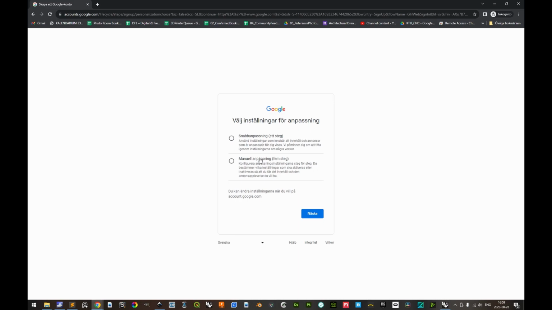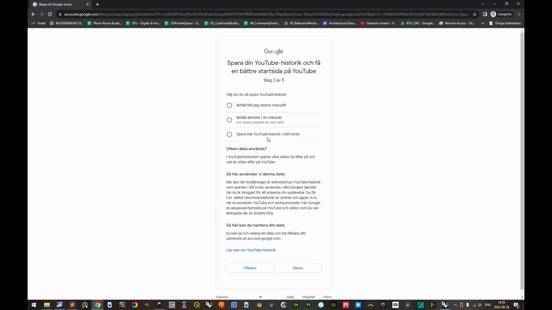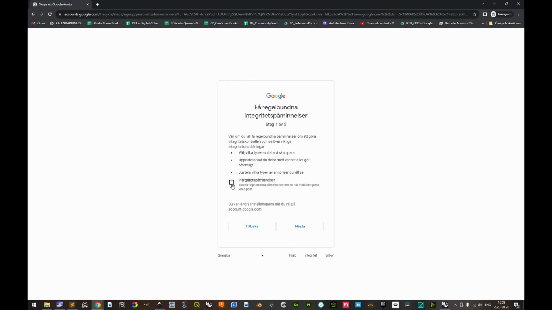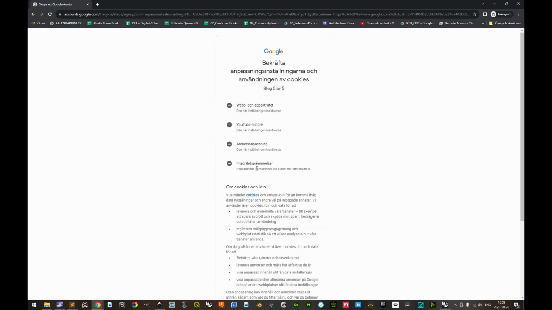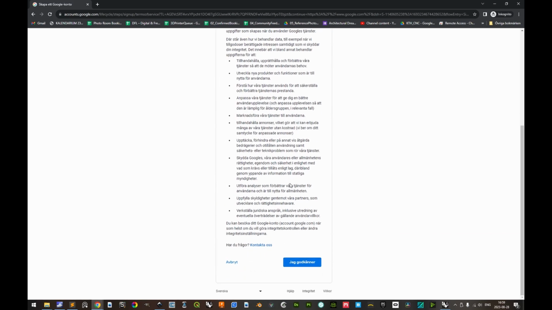For account customization, you can use manual customization and then click the option that suits you best and click Next and continue to do this for 5 steps. And finally confirm your settings. Accept the terms of service,